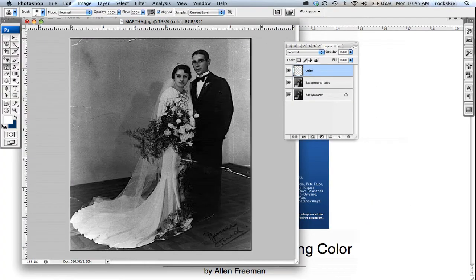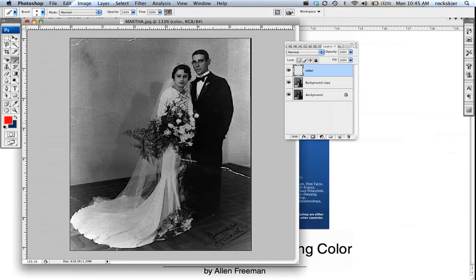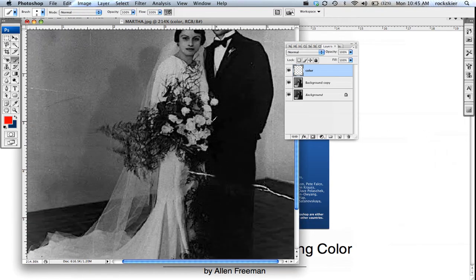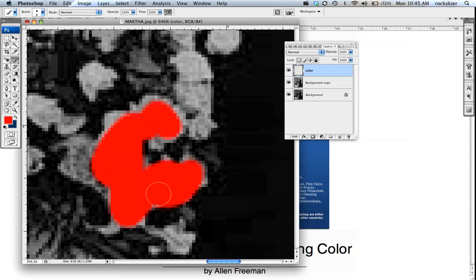And I'm going to grab my brush tool now and go ahead and just change this color to maybe red. And I'm going to focus in on the roses. So I'm holding down the Alt and using my scroller mouse to zoom in. So now if I color on top of those roses, this doesn't look very good, I know. But one thing you'll see is that's just all in that one layer, so I can always hide it very